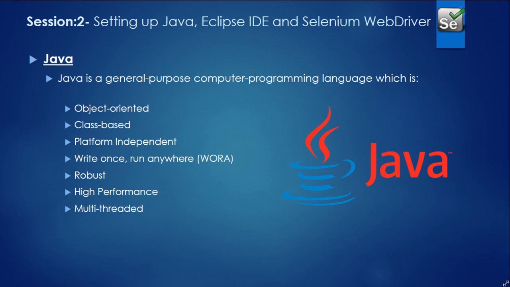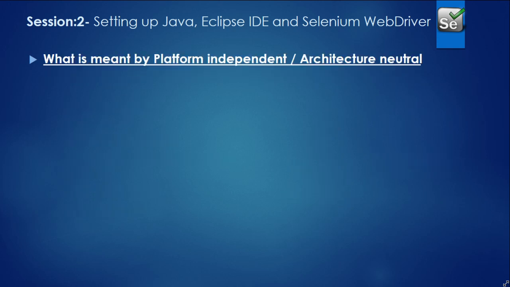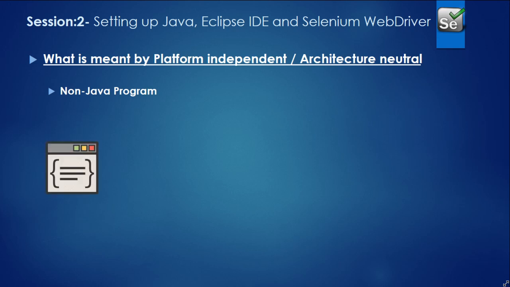As previously mentioned, one of the greatest advantages of Java programs is that they are portable across platforms and that they are platform independent and architecture neutral. Now, let's see what being platform independent or being architecture neutral really means. For understanding, let's first see how a non-Java program compiles and executes. Once a program is written in a non-Java programming language, it needs to be compiled. The compiler converts whatever is written in the code to architecture-specific machine code to create an executable program for the